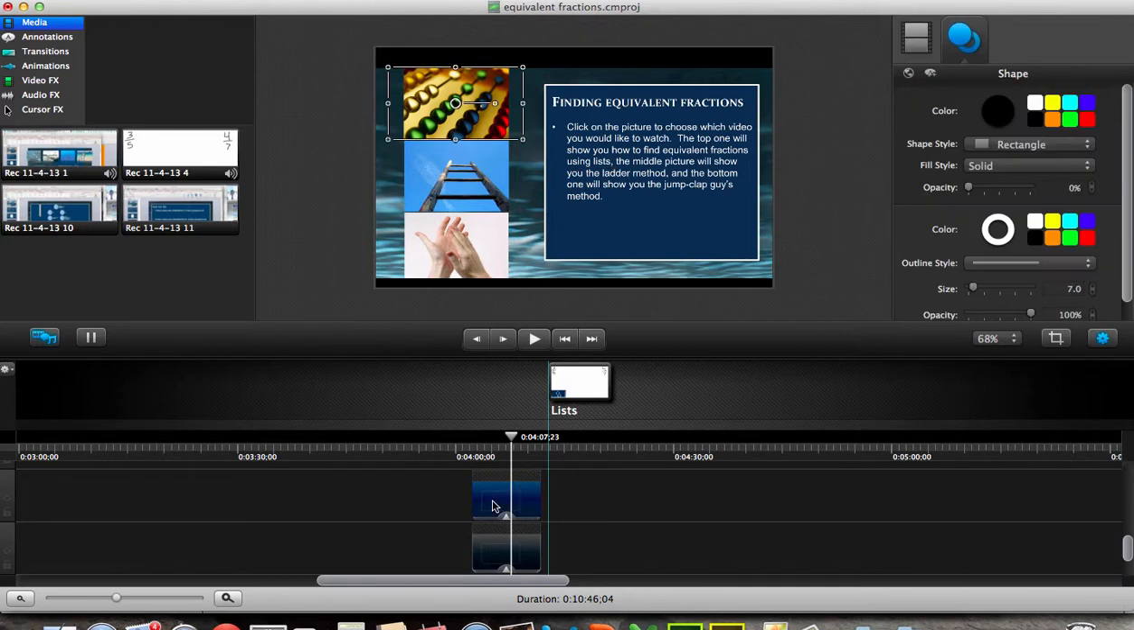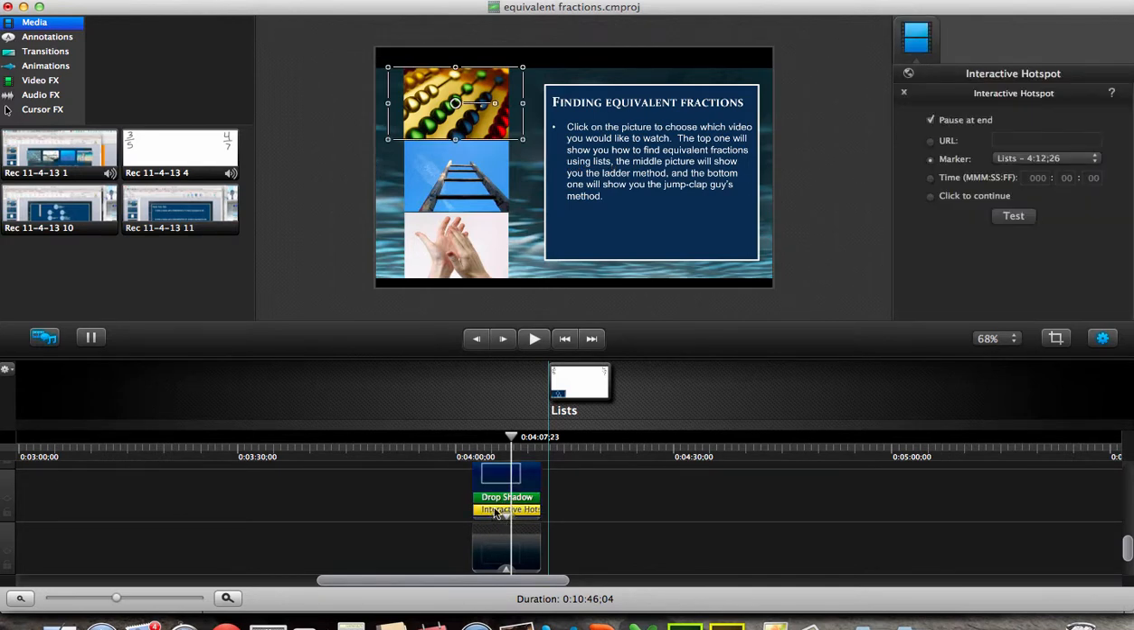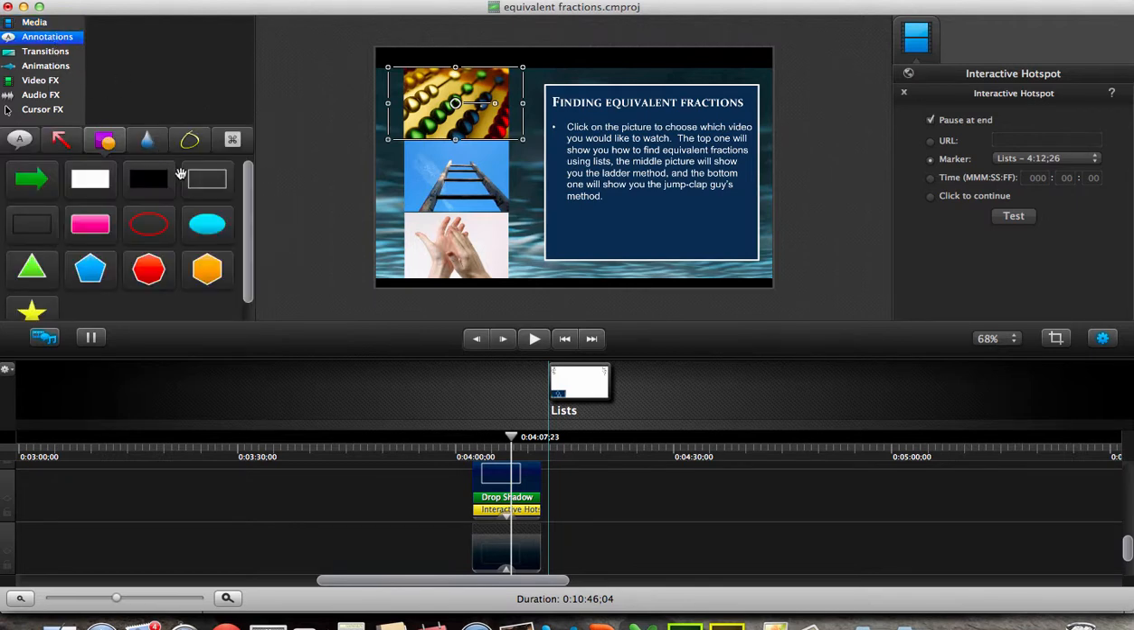I created interactive hotspots right here that takes them to a different marker that I have also created, and I will show you how to do that here in just a minute. In order to make these interactive hotspots in the first place, I had to create an annotation,